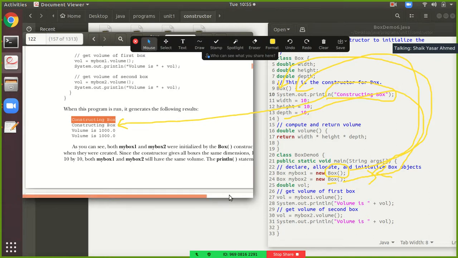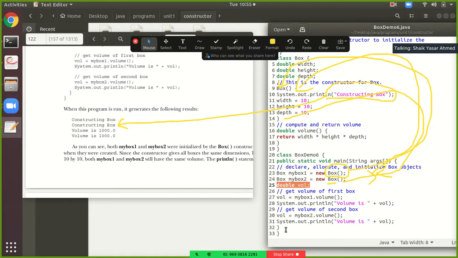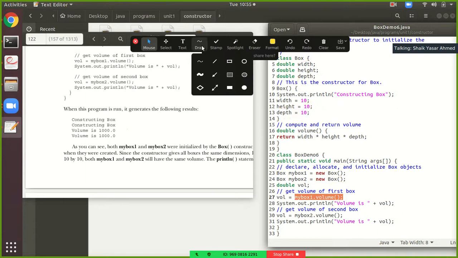Now it will come back again in BoxDemo6, which will now be at line number 25. At line number 25 there is just a variable declared. Then the 27th line, mybox1.volume. It will call the volume method which is available in the class Box, with the object as mybox1.